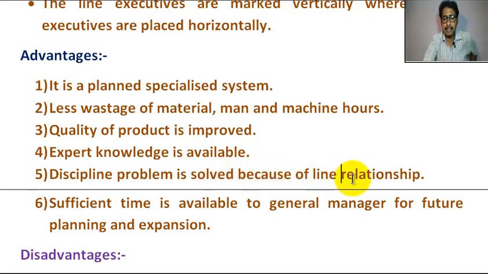because of line relationship. Here line relationship, line executive exists, that is why the discipline problem is solved because of line relationship. Number 6, sufficient time is available to the general manager for future planning and expansion. Okay,